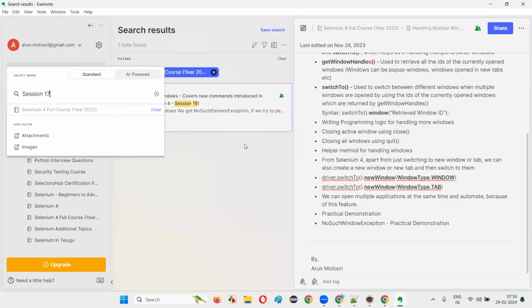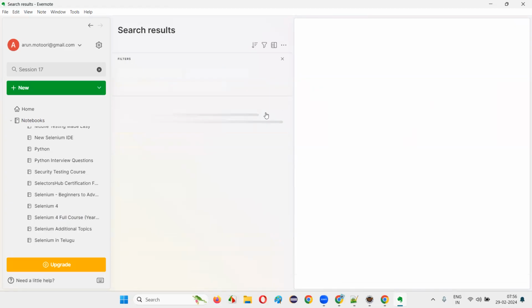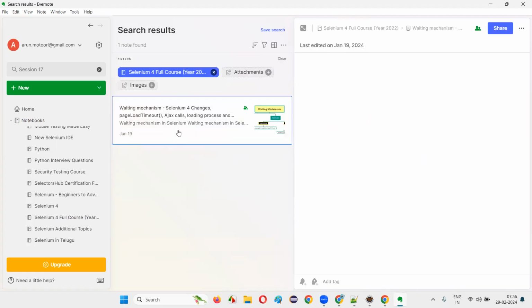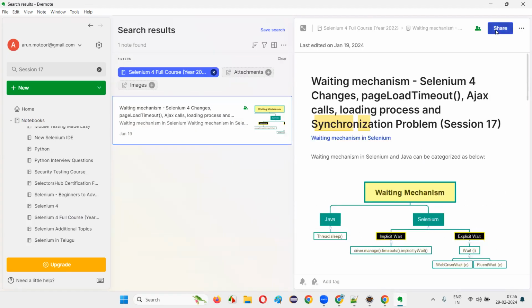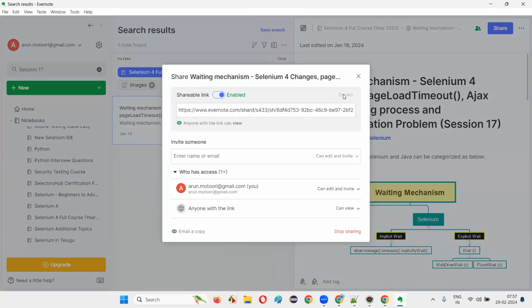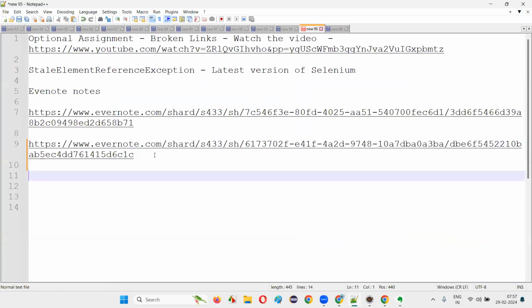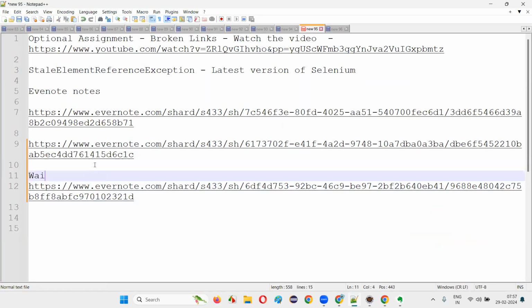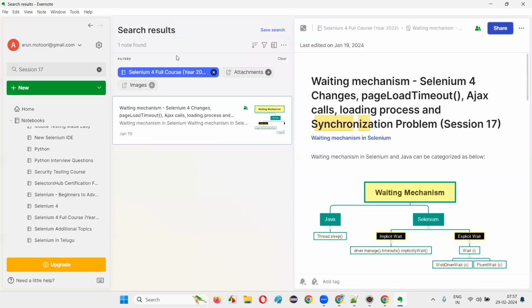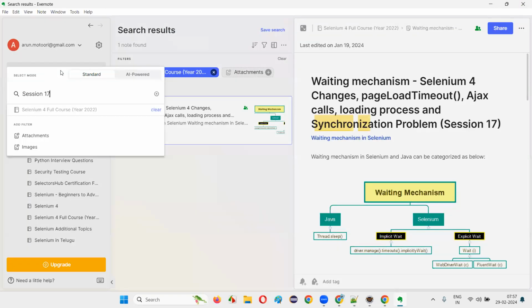What is another topic? Let's see at a high level, okay? 17th session, we have waiting mechanism. Next session is on waiting mechanism. I'll just copy all these links and add them into my notes. This is handling waiting mechanism. This topic will come, and I will cover it in depth. Waiting mechanism topic I'm going to cover in depth. And after the waiting mechanism, then we have,